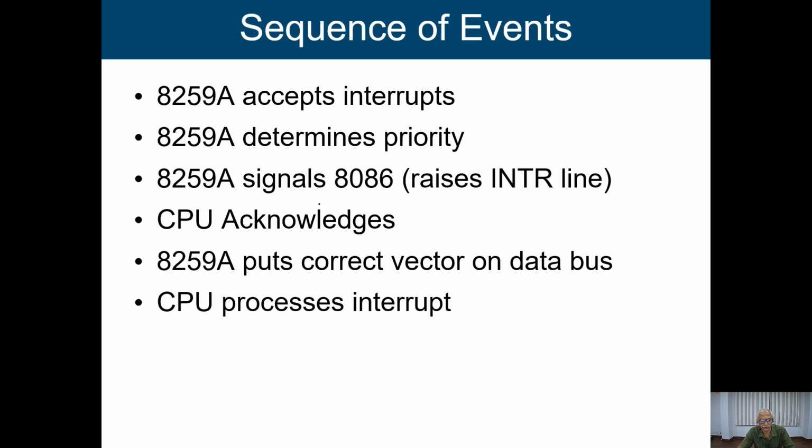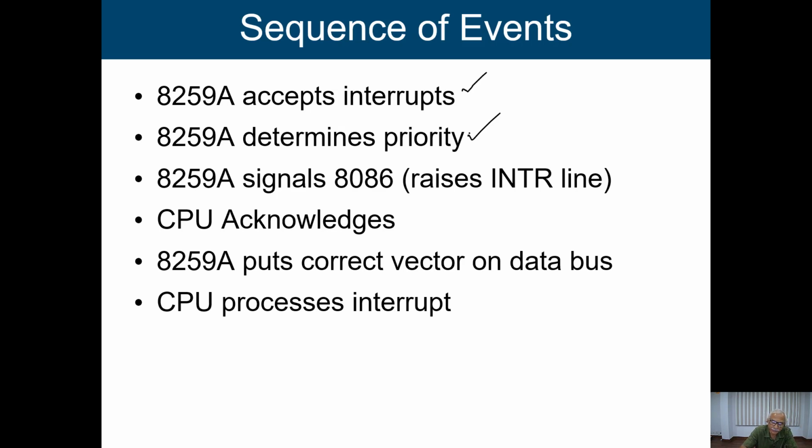So basically now we can show you like that. The 8259 accepts interrupts. So the 8259 will be connected to the processor, and through the 8259 it is connected to the devices. It first accepts interrupts, then it determines the priority. Already I said that basically we are going to give service to the highest priority one. Okay, that way we resolve it.